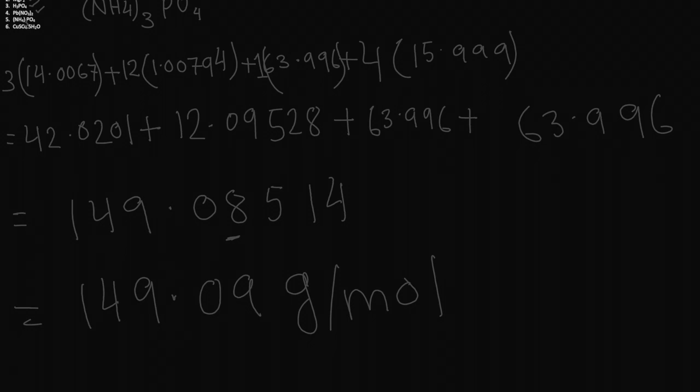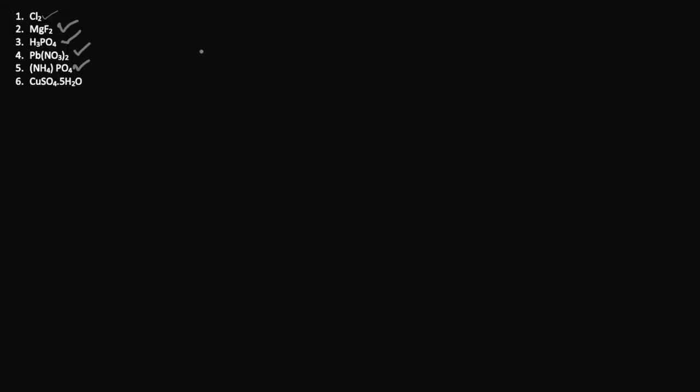After adding everything, we get 149.08514. Then I'm just going to round this to 2 decimal places. I get 149.09 grams per mole. So that's the atomic mass of ammonium phosphate. Example. So for our last example, we have